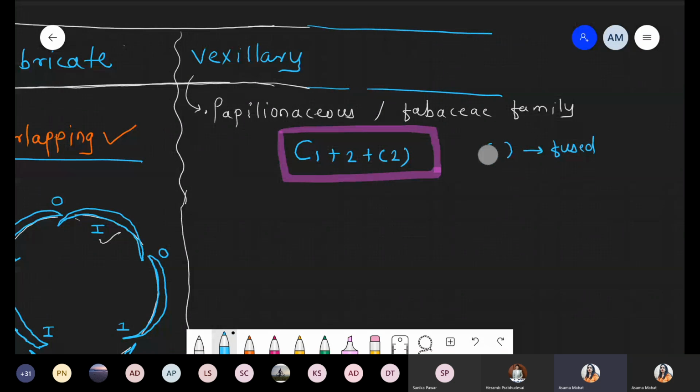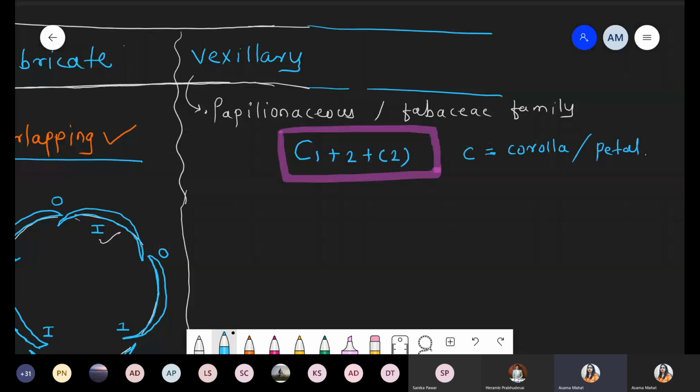So now tell me in this condition, what does C represent? What is C representing? Capital C. Yes, it is corolla. Very good. So it represents the corolla, and you know that corolla means we are talking about which part? That is the petal part. Okay, corolla, or simply we can say the petal part.